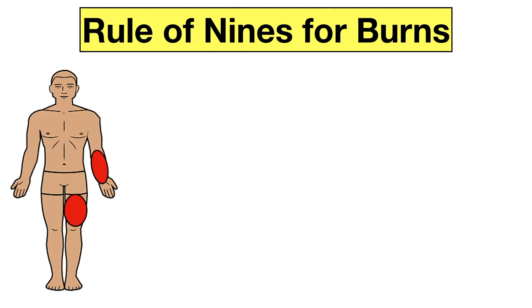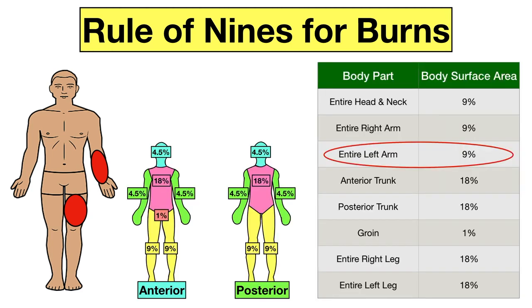Let's look at one more example. This patient has a full thickness burn to the distal anterior left arm and a partial thickness burn to the proximal anterior left leg. Hit pause in the video and try to figure out the total body surface area involved. We know the entire left arm is 9% and the anterior side is 4.5%. Well, this burn only involves half of the anterior aspect, which would give it a body surface area of approximately